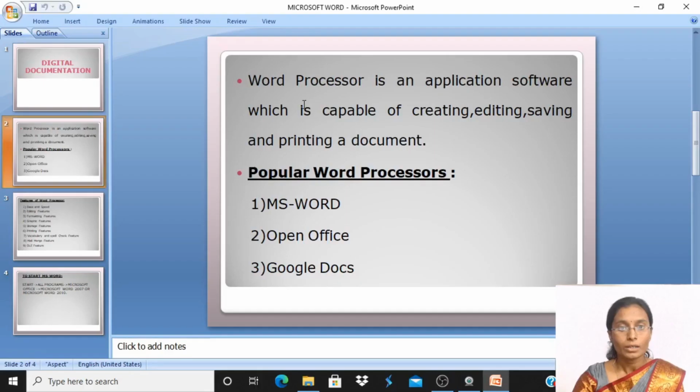Let us start with your Unit 3 Digital Documentation. Word processor. A word processor is a general purpose application software. By the term application software, I mean these are the programs which are designed by the programmer to perform a particular task. So a word processor is a general purpose application software which is capable of creating, editing, saving and